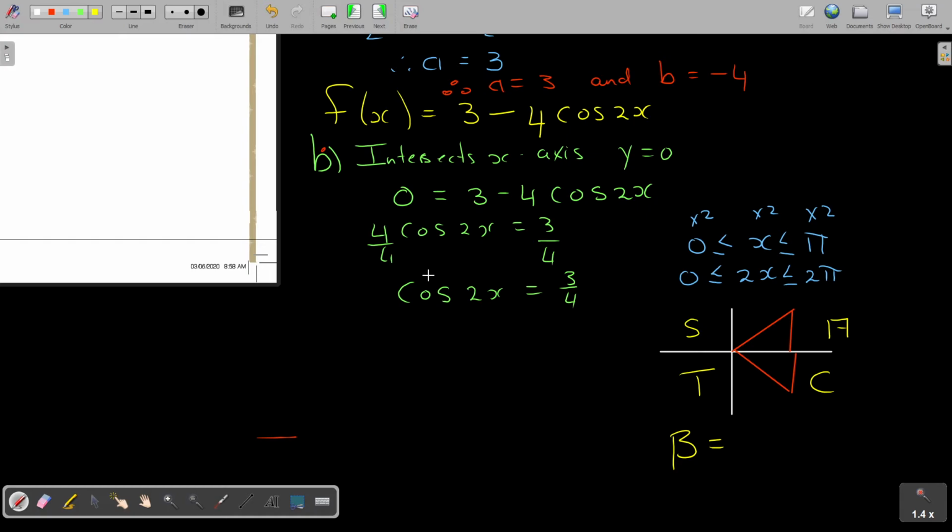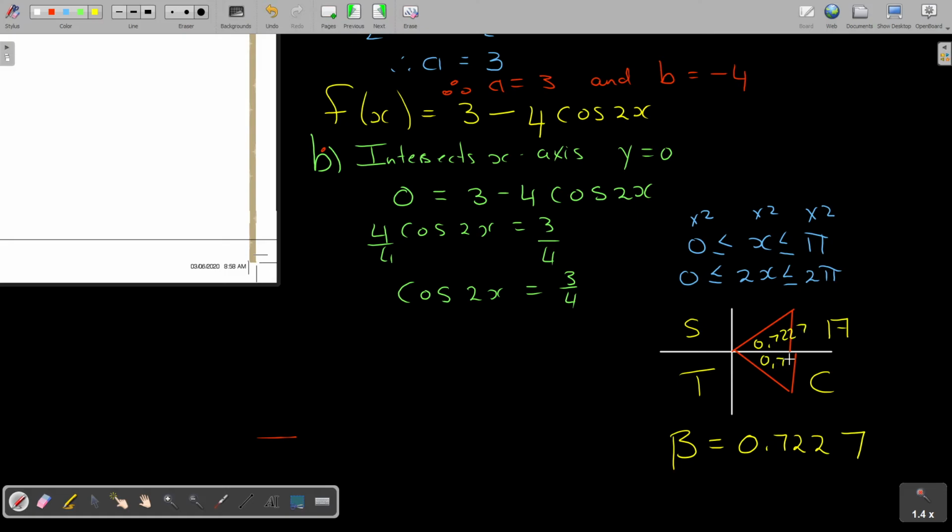Then shift cos, bracket 3 divide 4, close the bracket, equals. That means this is